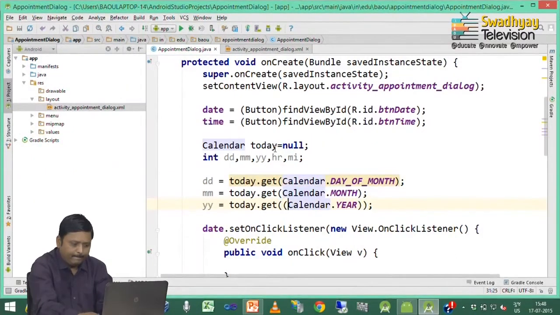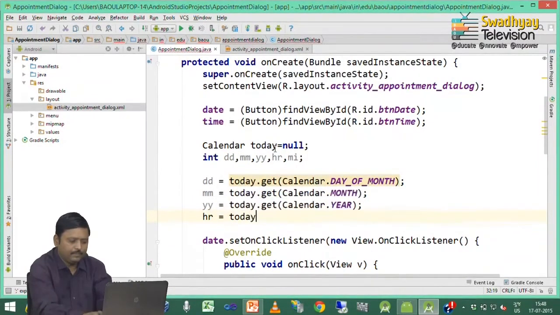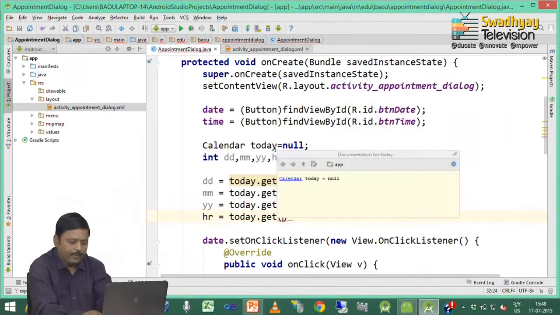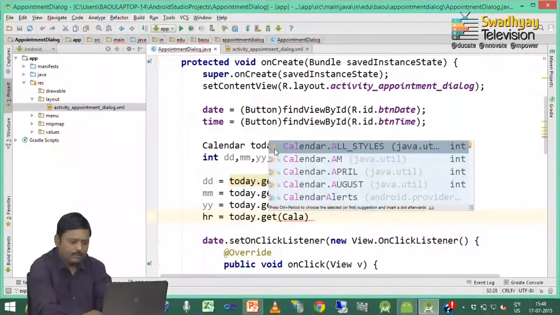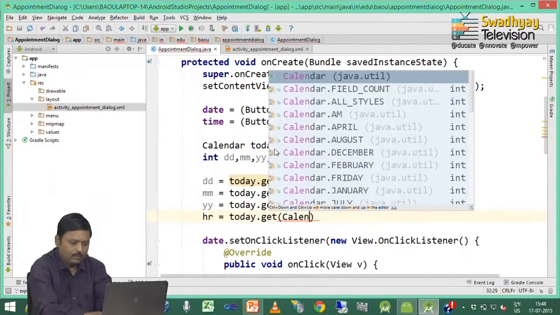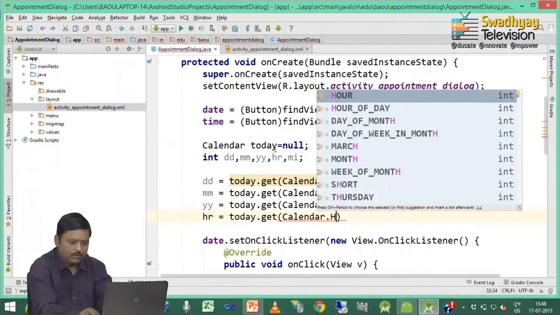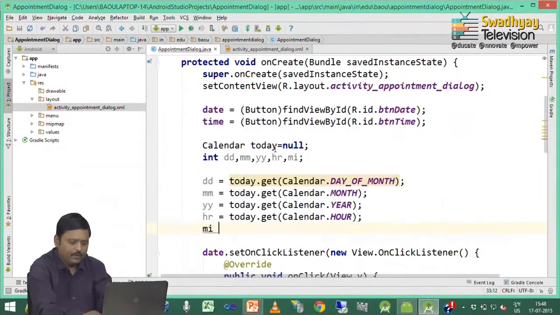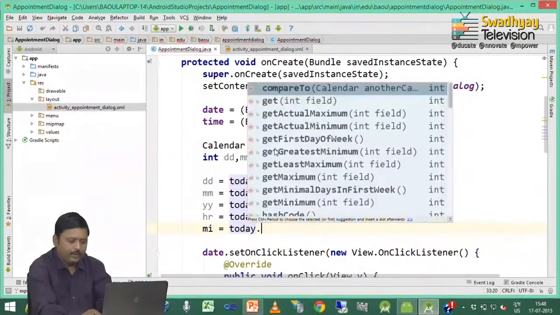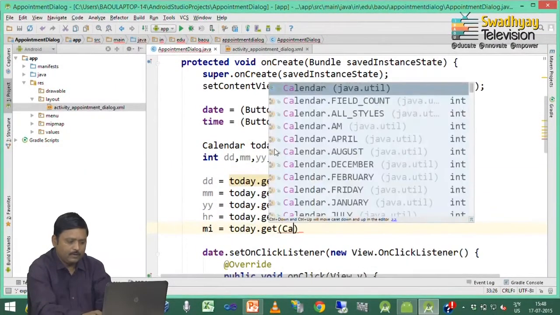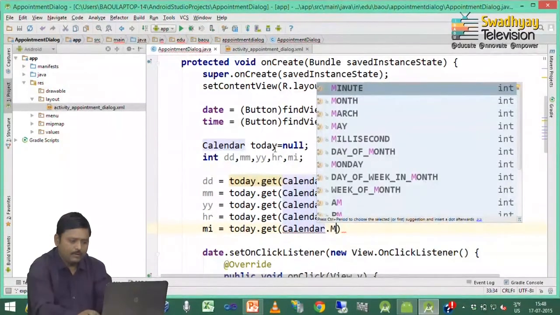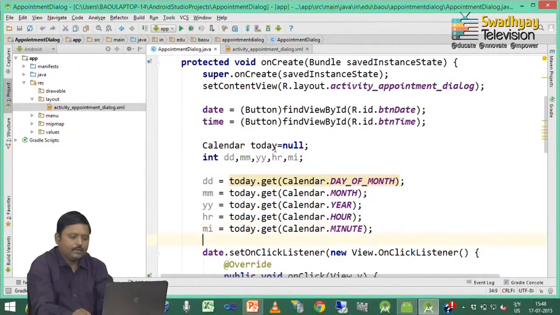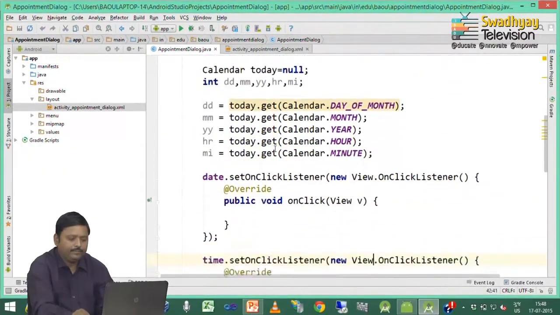Similarly, to get the hour we write down today dot get hour, and for minute we write down today dot get minute. So, these variables represent the current date and time.